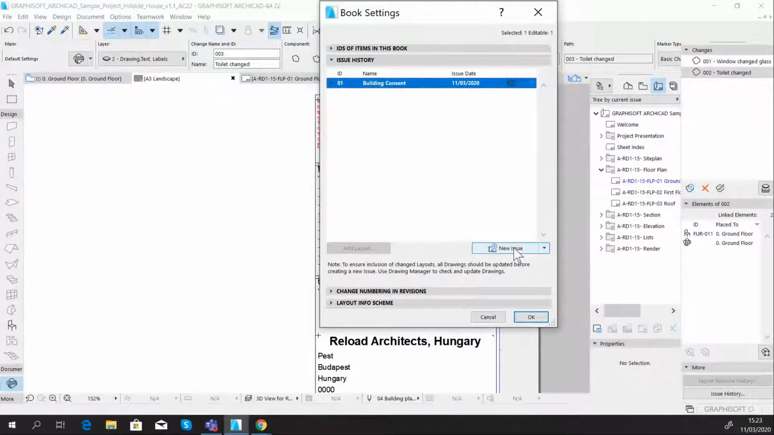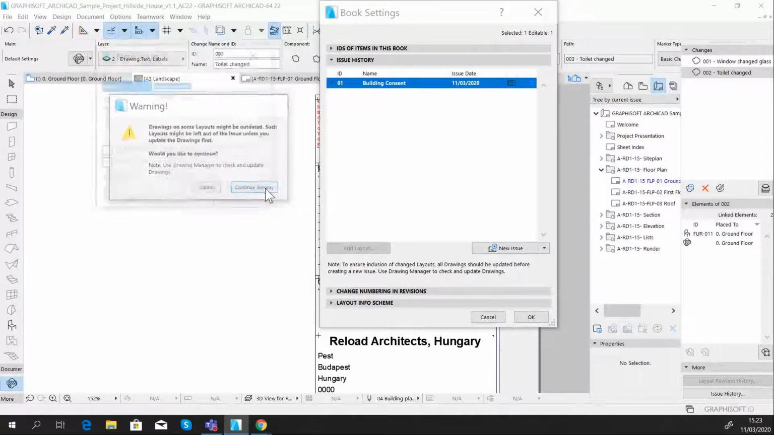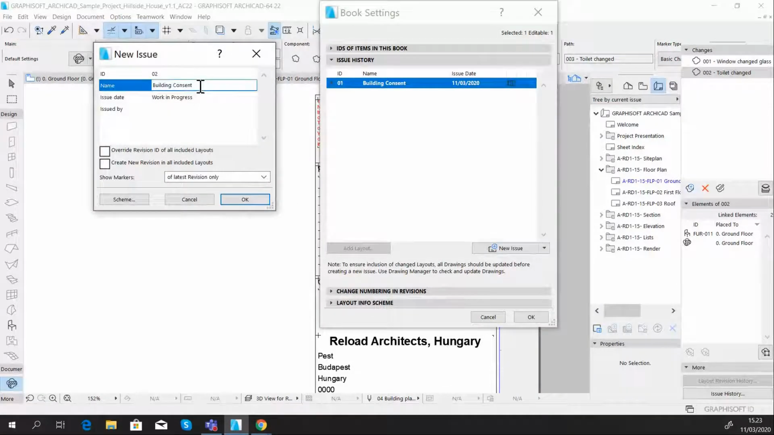Close that one up, and now we want to create a new issue. So it's something, okay, continue anyway. So we'll call this one